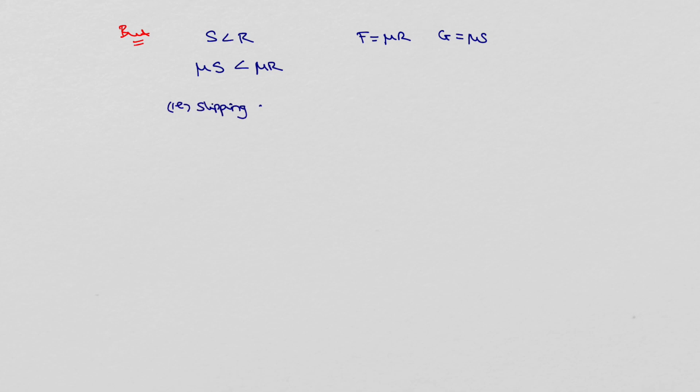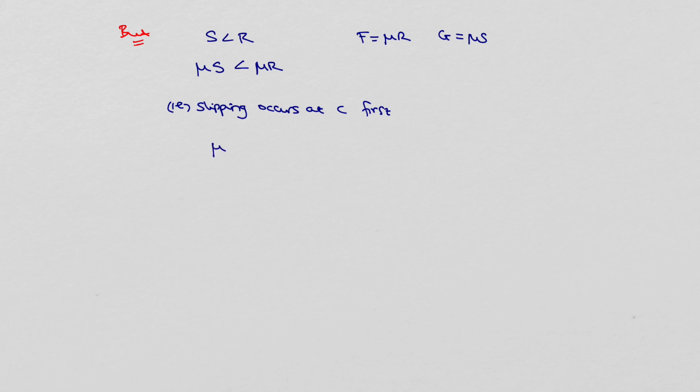So what we want to say then is, but we know that S is less than or, and therefore because F is equal to mu R and G is equal to mu S, well, if I multiply both sides here by the coefficient of friction, well, I get mu S is less than mu R, and therefore that means that my frictional force at C is less. So in other words, we say slipping occurs at C first,